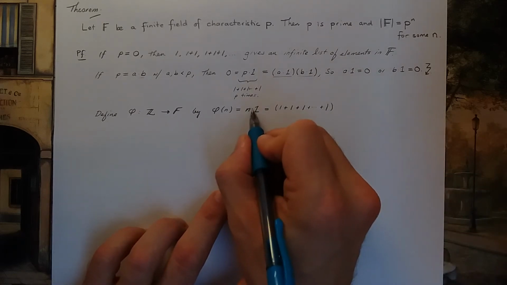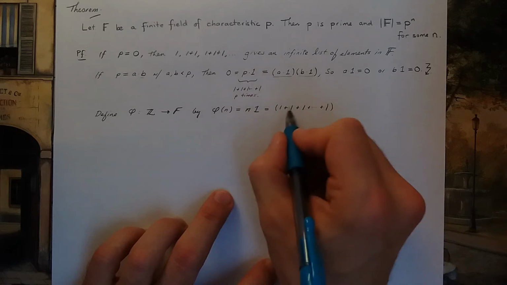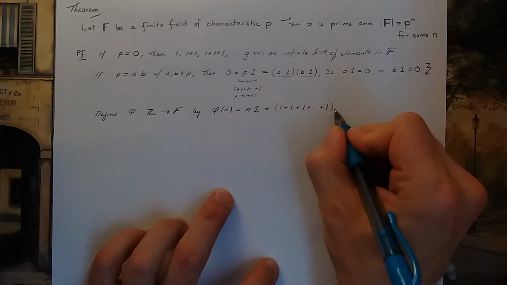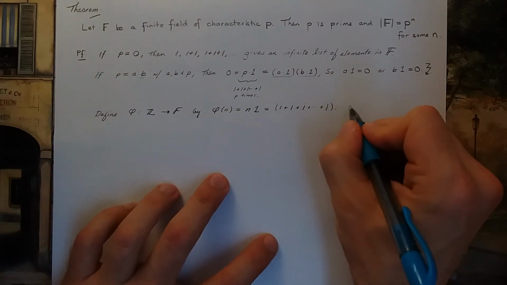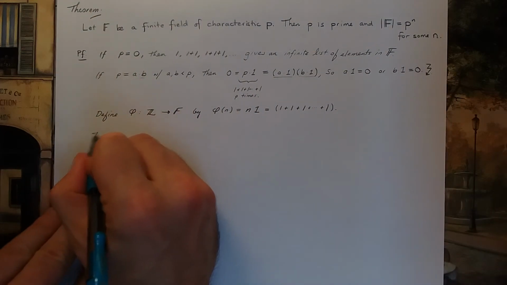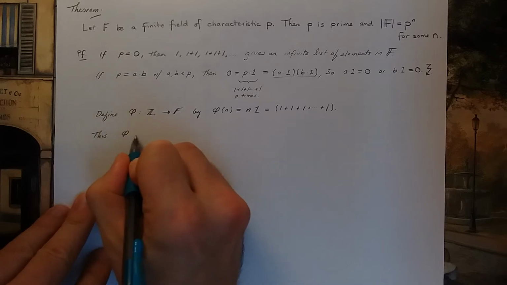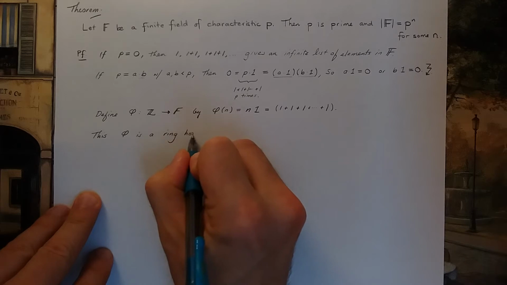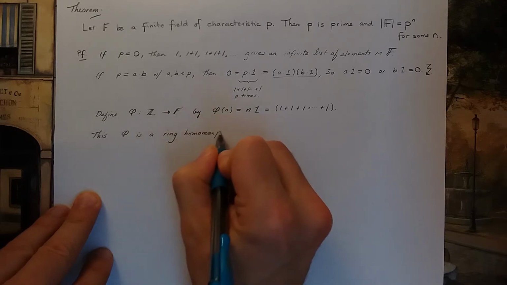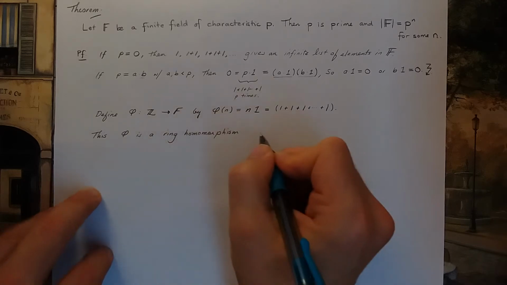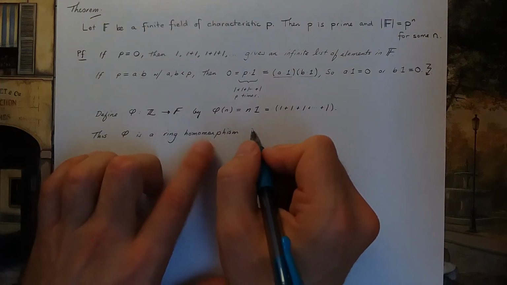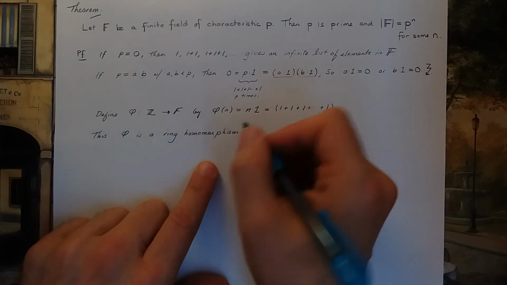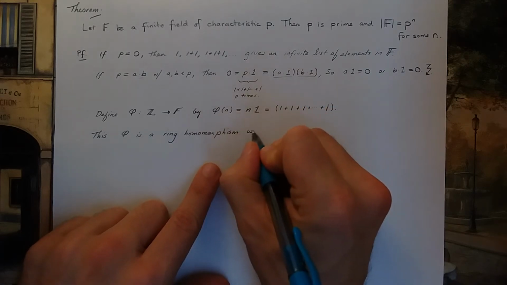And if n happens to be negative, then I will add a bunch of negative 1s together. It's a routine verification, so I'm not going to check it right now, but it's not difficult to prove that it is indeed a ring homomorphism with kernel